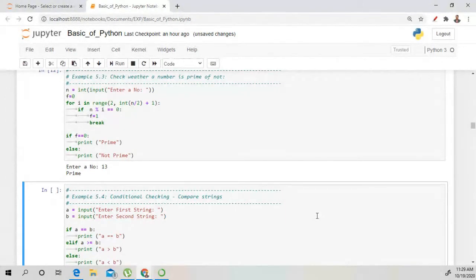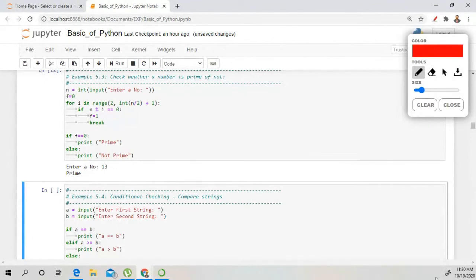Okay, so how to check it? First, we are going to take the input, and we have taken the input as 7 or 13. So 13 is stored in a variable n. We take the initial value f is equal to 0. We have started the range. Range starts from 2, comma, int of n divided by 2 plus 1.